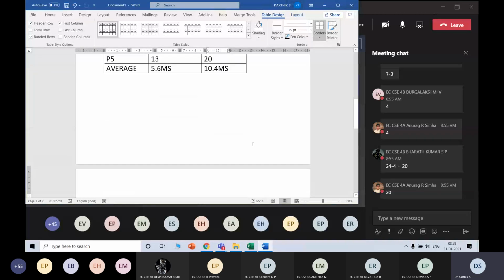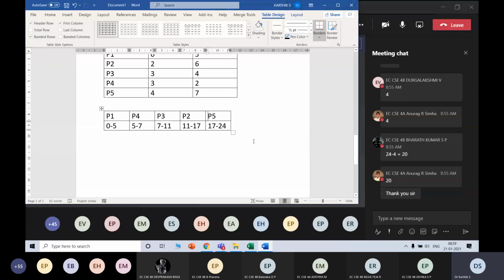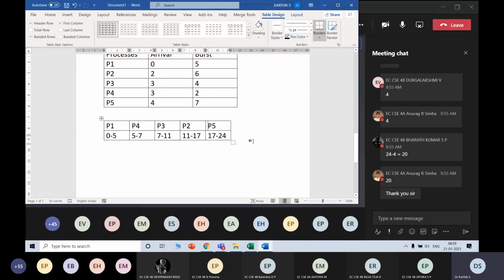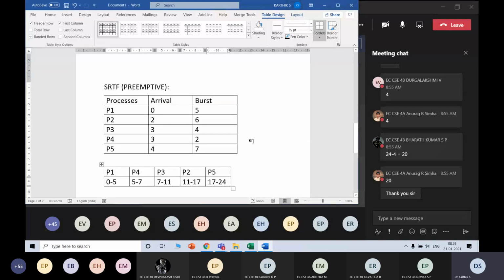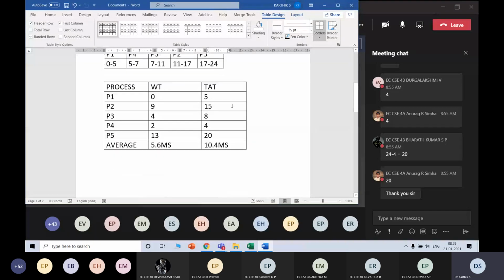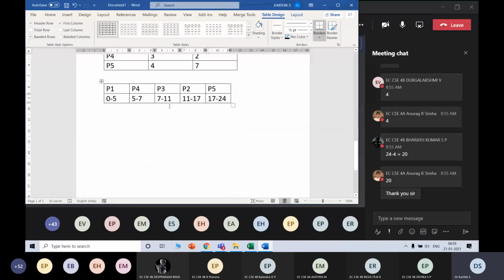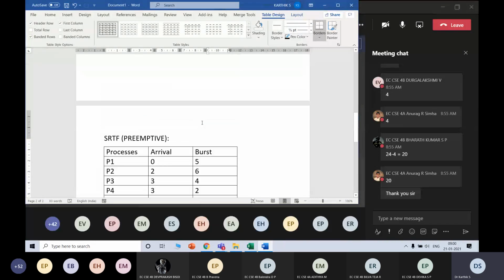Yeah, it's the same. There is no preemption that has happened in this case, with whatever we have taken. So this remains the same. But I'll take up one more problem in the next class wherein we make the preemption more evident, and we'll try to do that. You can try to solve it again. The waiting time and turnaround time remain the same. This is exactly the same Gantt chart, so no point in calculating again.